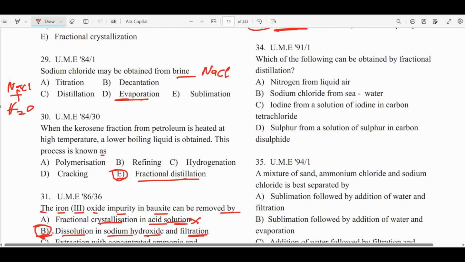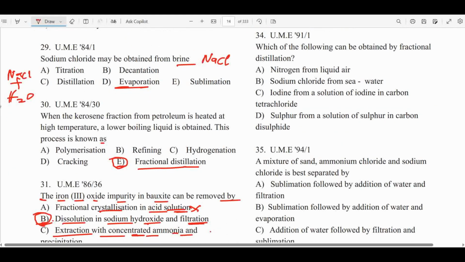Then question 34. Which of the following can be obtained by fractional distillation? You have nitrogen from liquid air. You have sodium chloride from seawater. You have iodine from a solution of iodine in carbon tetrachloride. You have sulfur from a solution of sulfur in carbon disulfide. Of course, in this case, the right answer to the question would be option A,